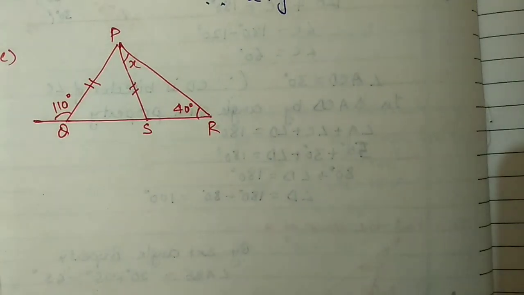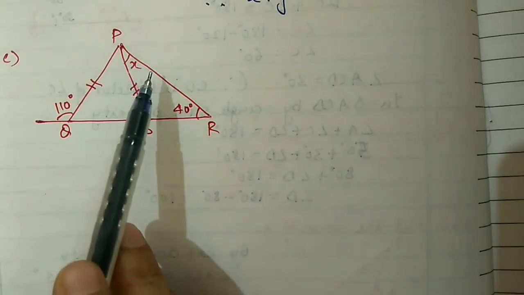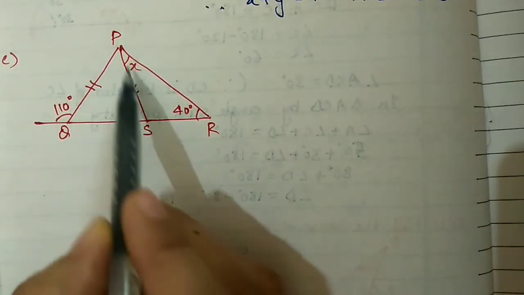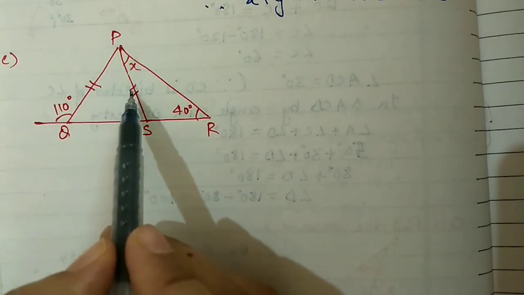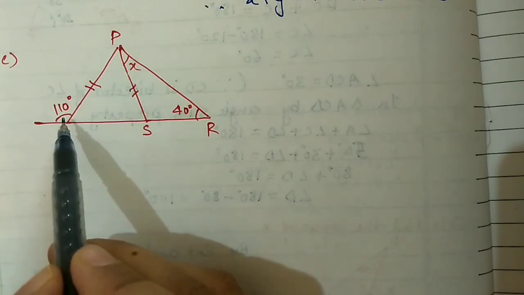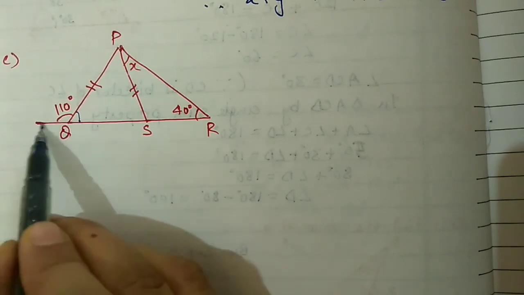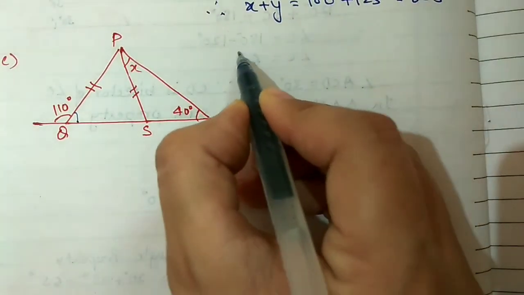Next, third part of question number 3. The figure is given here. We have to find out the value of x here. So first of all, we'll see this triangle. In this triangle, we have more information. These two lines are equal, with the same type of marking, and one exterior angle is given. So first of all, we will find out this angle with the help of the linear pair property. So by linear pair